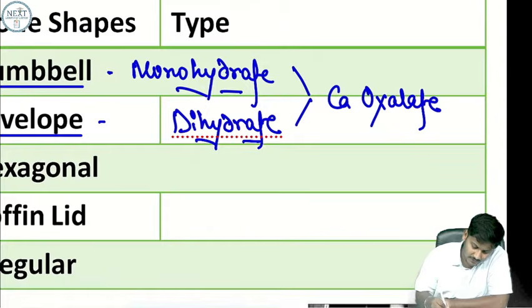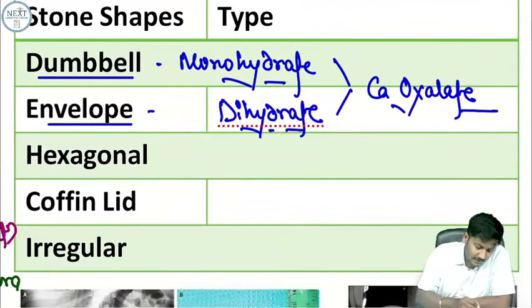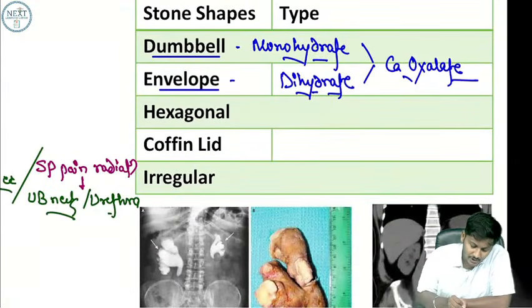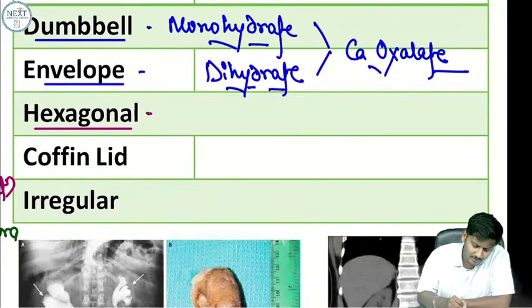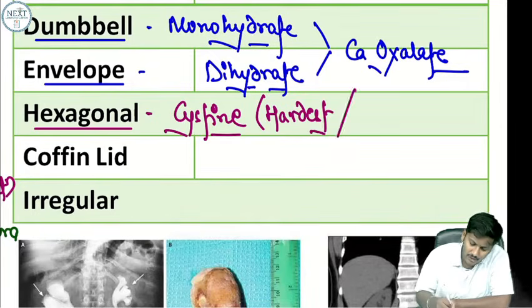Both of these are the most common type of stones, called calcium oxalate stones, beta. Next important, if I talk about hexagonal shaped crystals, we know that hexagonal or benzene ring shaped crystals are seen in cystine stones definitely. And we know, beta, cystine stones are the hardest renal stones out of all, and they are seen in a condition